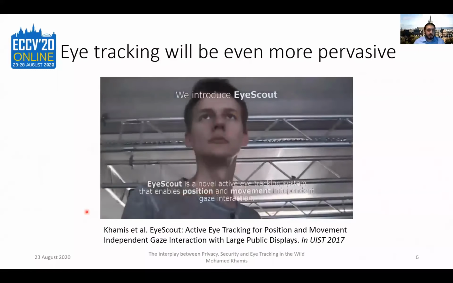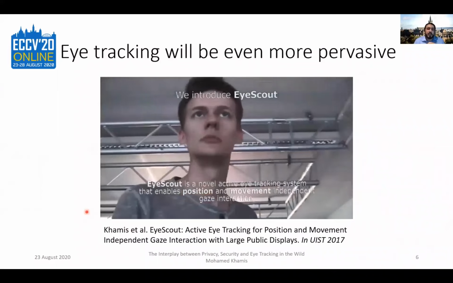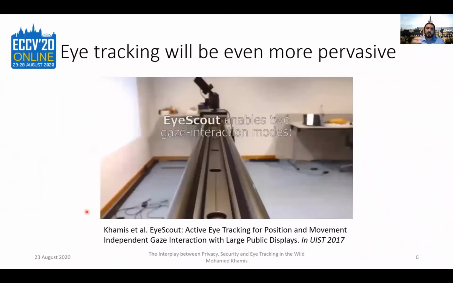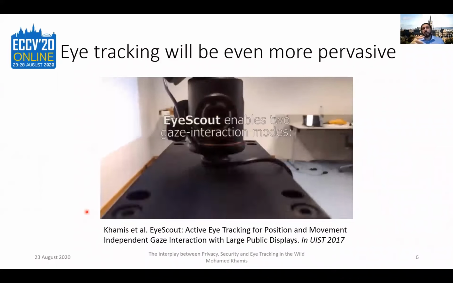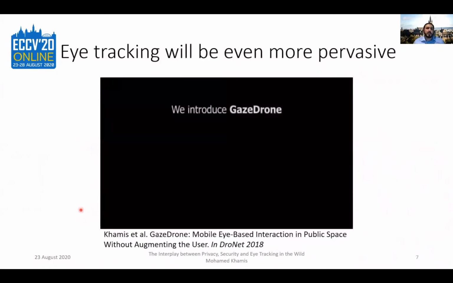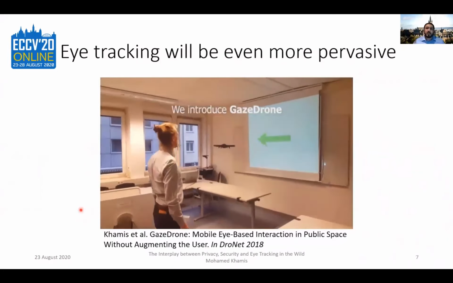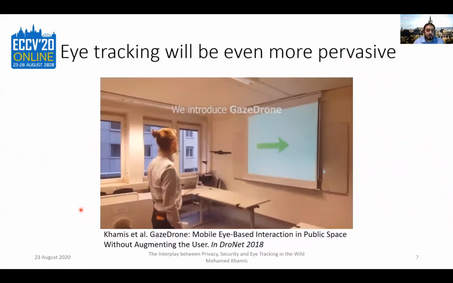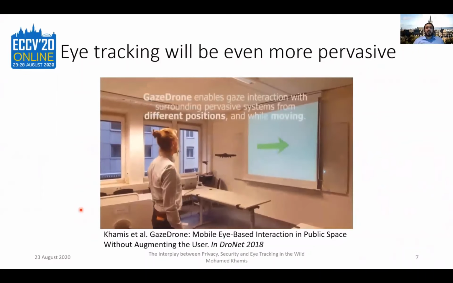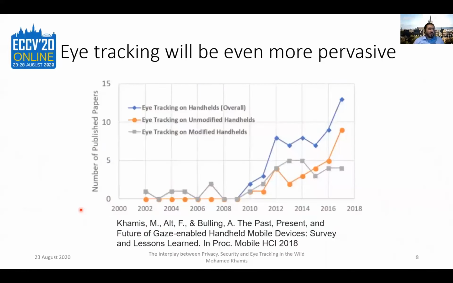So this is work that we did back in 2017, where we wanted people to interact with large displays in public areas. And we thought that we could move the eye tracker to allow people to interact while they are moving in front of a display. And then we took it further in another fun project where we used a drone to detect gaze gestures to the left and to the right and communicating this to a display. And this is all exciting, and brings interesting opportunities of interaction in public space. But then actually, do we want drones around us that are tracking our eyes?